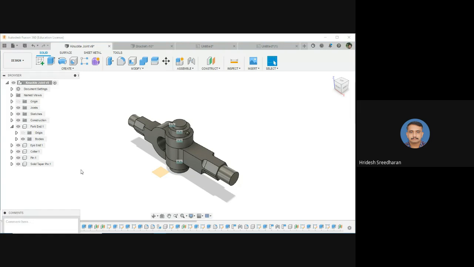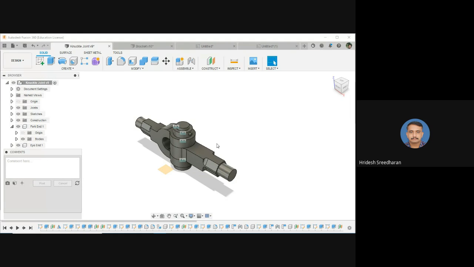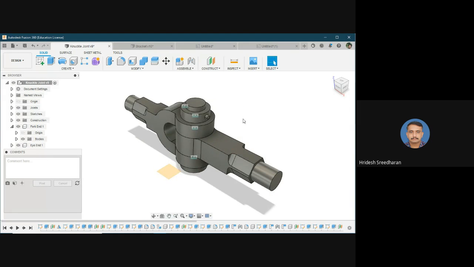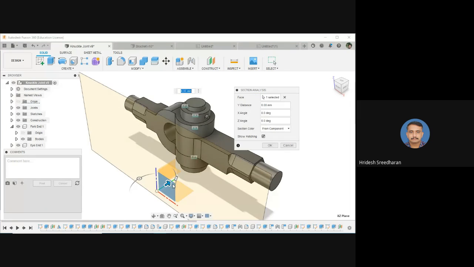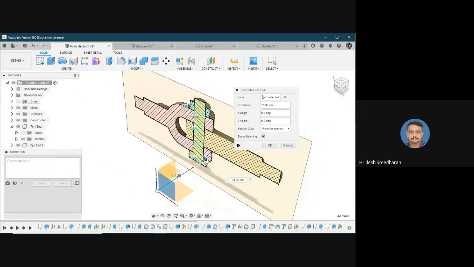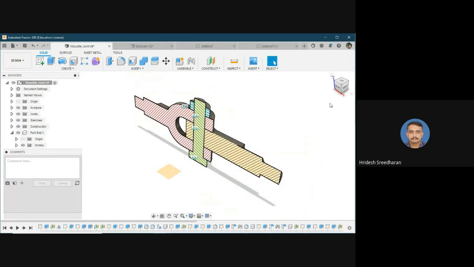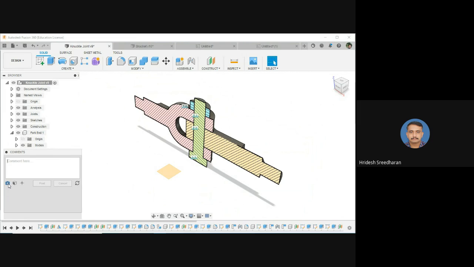Then comments. Yes, we didn't see this. See, if I want to inspect the cross section that we earlier did in the morning, I took this. Okay. See, I want to capture this. So come here to the comment box, capture image. So now you can see what is on the canvas now has been captured and it is saved here. You can give some comment here, cross section,